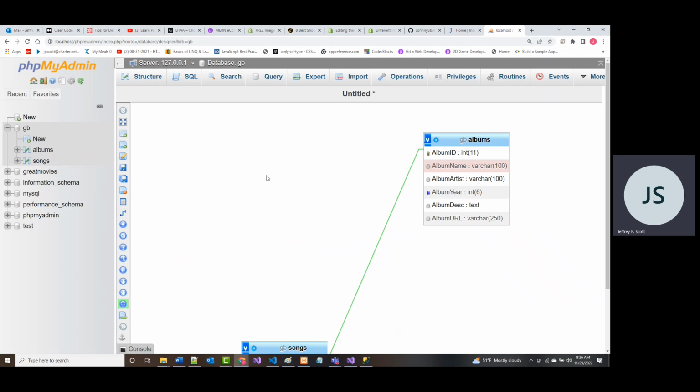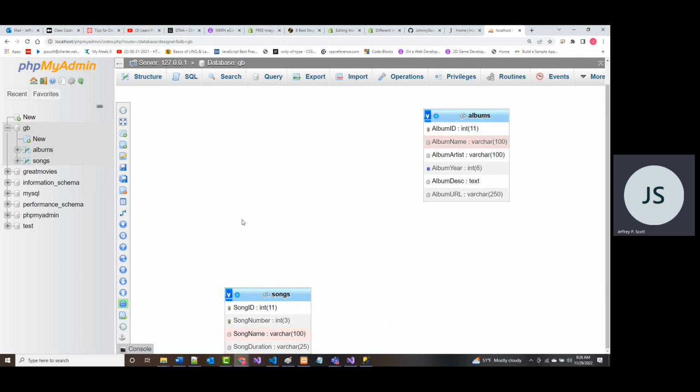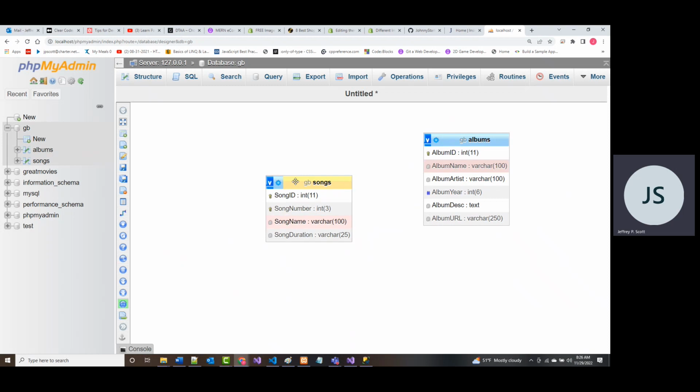But what I'm trying to show you here is the fact that these are the two tables that indeed we are working with. We have a songs table and we have an albums table. And it's very hard to see, but this right here is actually called crow's foot.